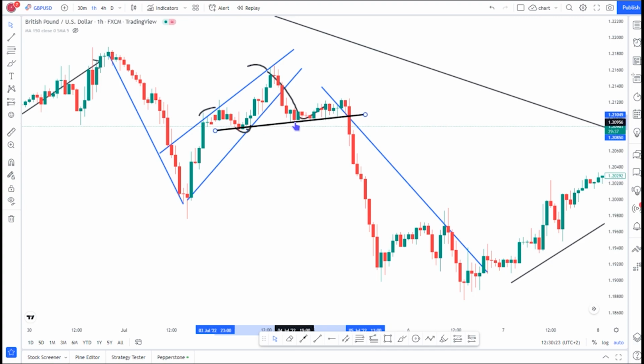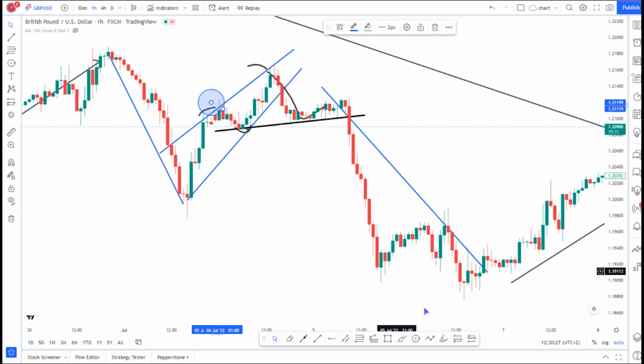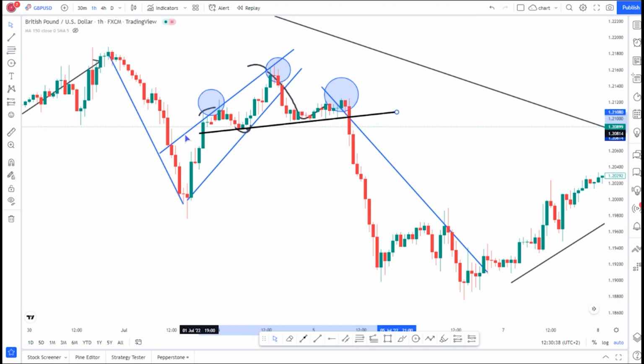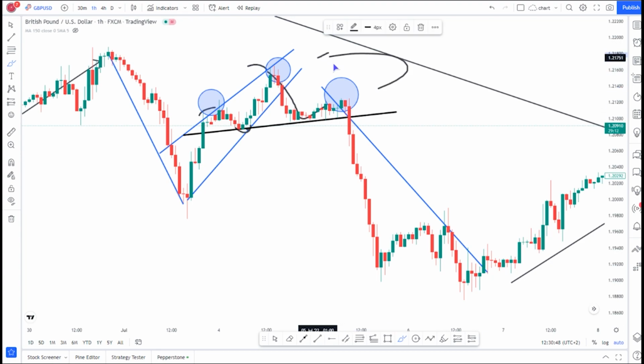And if you can see now the pattern in completion, it's more like some kind of a head and shoulder pattern. Now, it's not a flag pattern, it's not a triangle pattern, it's more like a head and shoulder. And then we have our neckline with this dark or black line, meaning if you are flexible enough as a trader, you're going to make sure that you take this opportunity, because there is indeed some kind of a